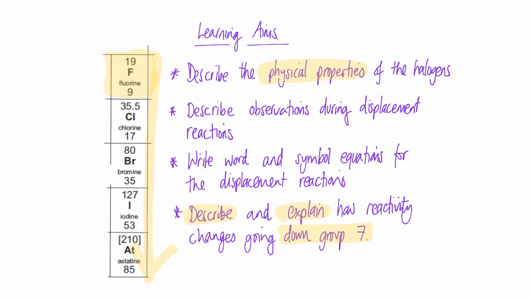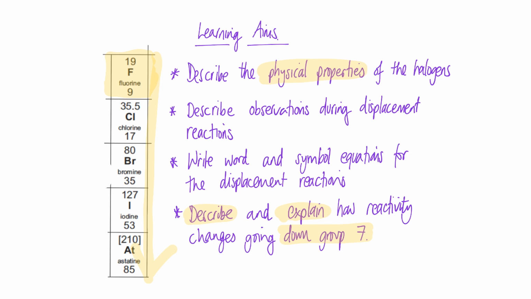The reason for this is that it's the smallest of our atoms, and therefore the outer shell electrons are not very far from the nucleus, so there's greater attraction between the outer shell electron and the nucleus, so it's easier for fluorine to attract that extra electron that it needs to fill its outer shell